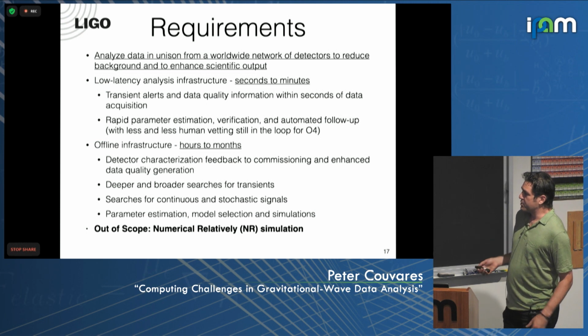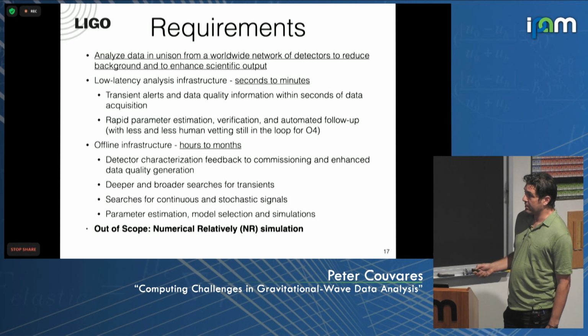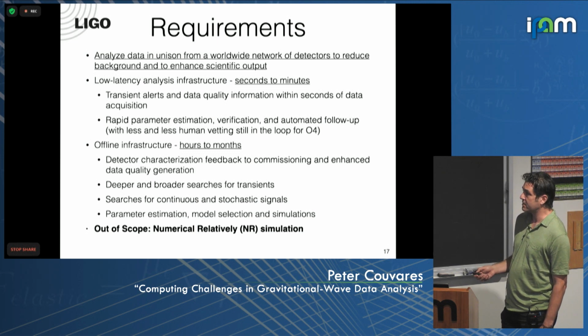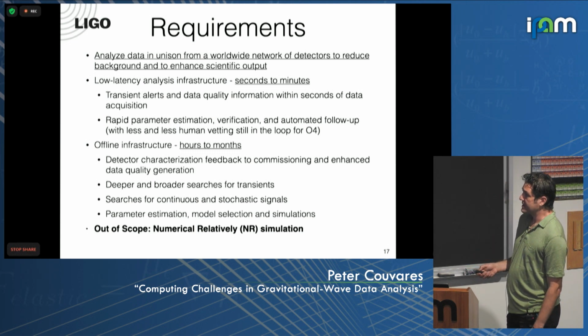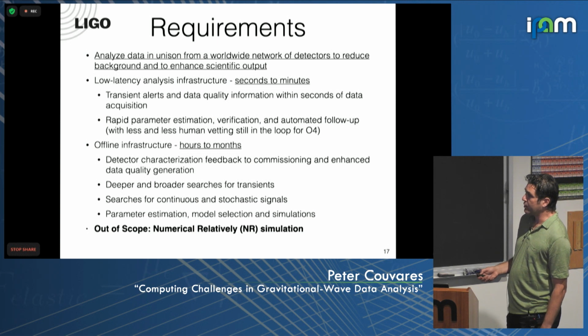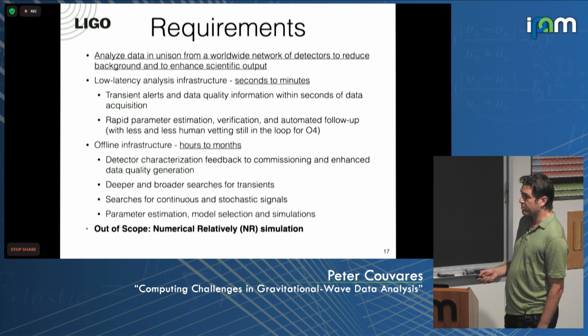So our requirements of computing are really to analyze data in unison from this worldwide network of detectors, to reduce the background, and to enhance the scientific output. This breaks down into two kinds of analysis. There's the low latency analysis and the computing infrastructure that supports that, which is trying to come up with a detection in seconds to minutes after the data comes out of the detector. And then there's the offline infrastructure, which can take hours to months to really do the deep analysis. The low latency data analysis infrastructure now includes rapid parameter estimation to try and characterize the signals, verification, automated follow-up, and like I said, we have less and less